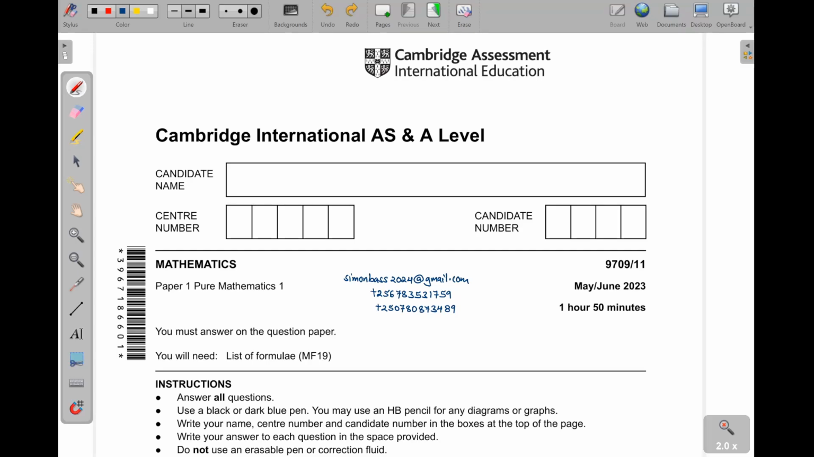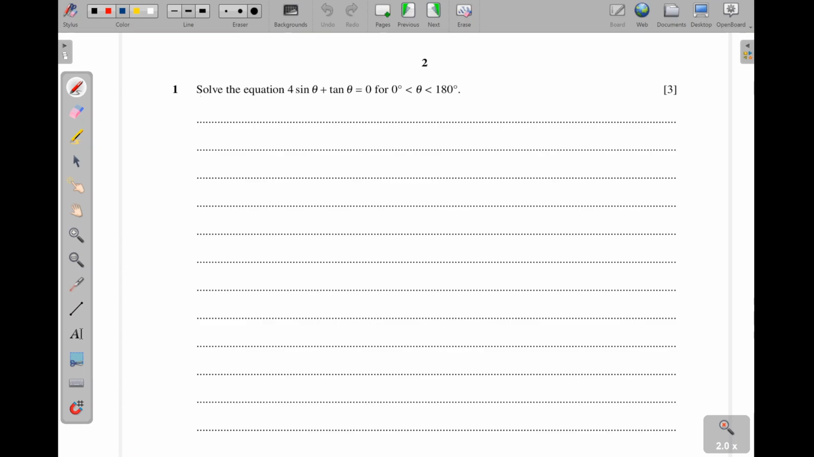This is Teacher Simon taking you through Cambridge International AS and A-Level Pure Mathematics 1 for May-June 2023, paper 1-1. Question 1 is coming from Trigonometry. Solve the equation 4 sin theta plus tan theta is equal to 0 for theta ranging from 0 to 180